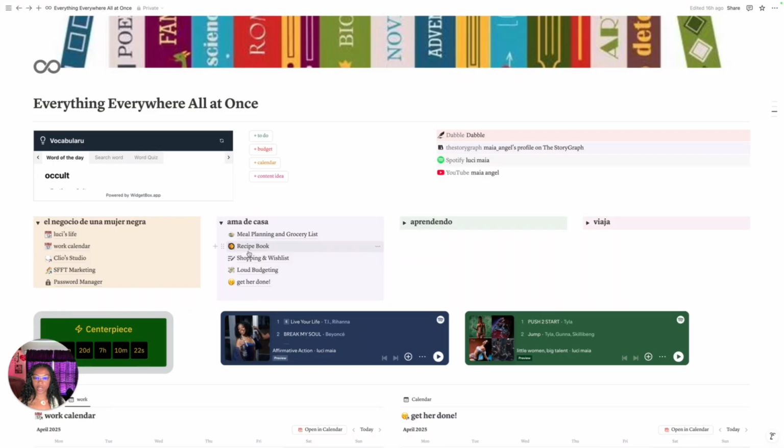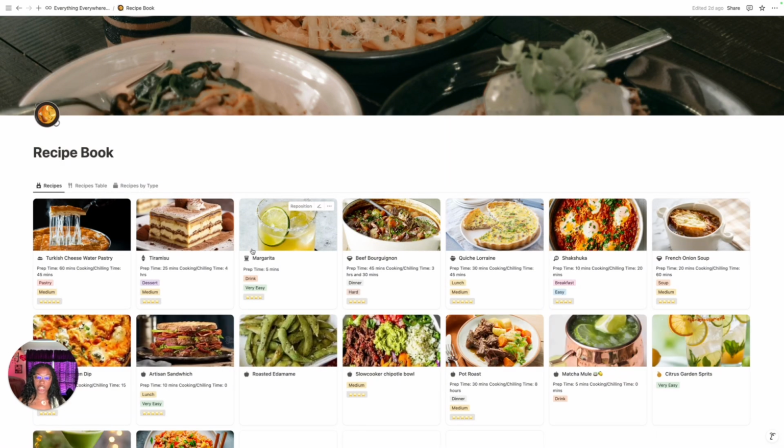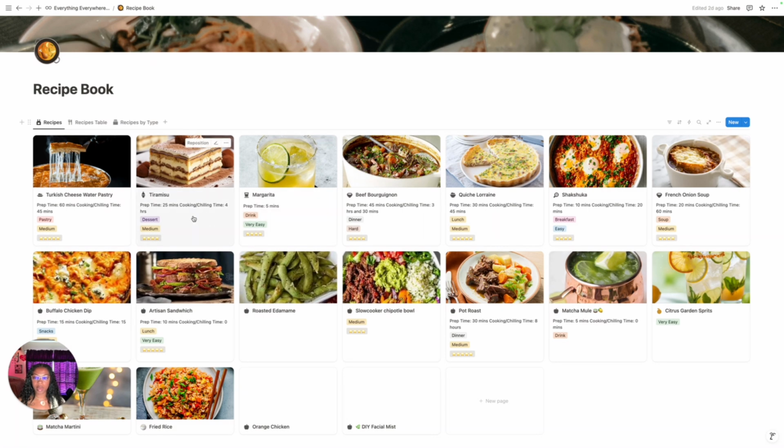Over here, I think this is really, really cool, is my recipe book. I am trying to cook more in general. When we're entering a recession too, cooking's kind of nice. Knowing what's going into your body and taking care of yourself is a form of self-care to me. So anytime I have a recipe, some of these came with a template. This was a template, and there are lots of free templates on Notion. So don't be scared to use a free template on Notion.